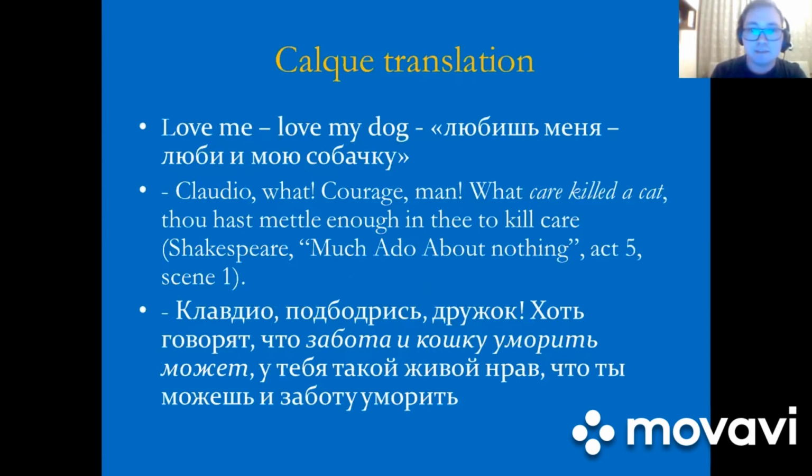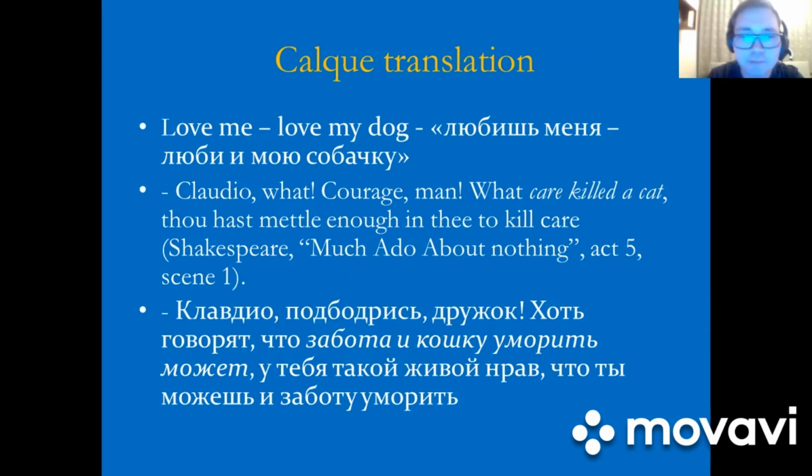So next technique which can be applied in translation of phraseological units is calque translation. Calque translation actually represents a word-for-word translation. It's when we translate literally a phrase into another language. So let's look at some examples